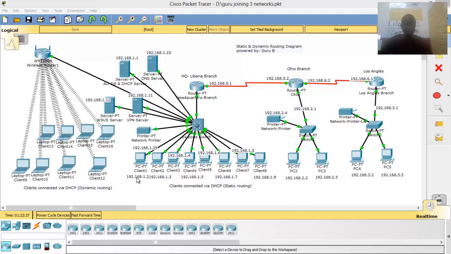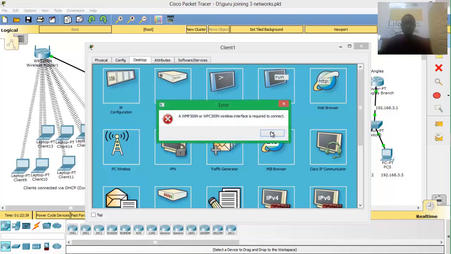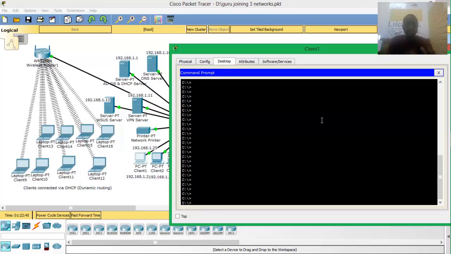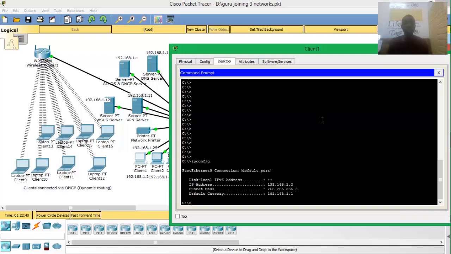So I have here this computer, so we can see if we can get the information using this client. I'm going to see what is the IP address assigned to this computer. To do that, we have to use the command ipconfig. ipconfig is IP configuration, or Internet Protocol configuration. There are a lot of things you can do with this configuration. You can renew your IP, you can release an IP, you can assign an IP. So if you put in this command,